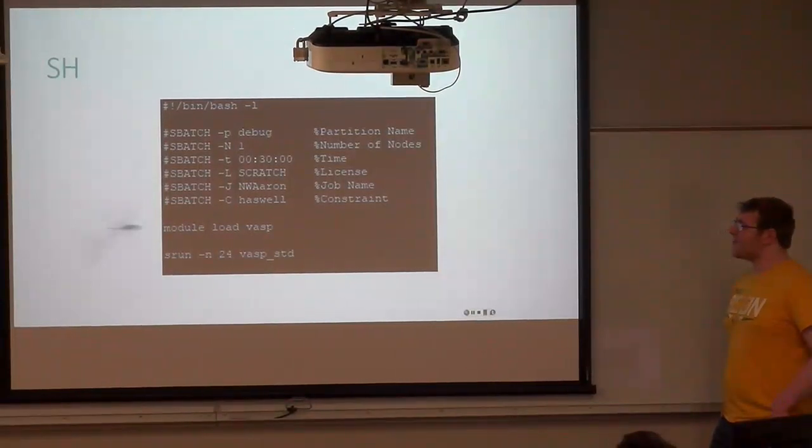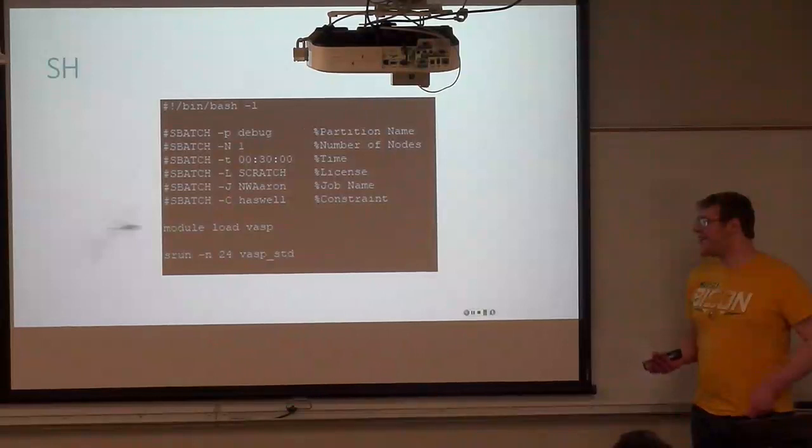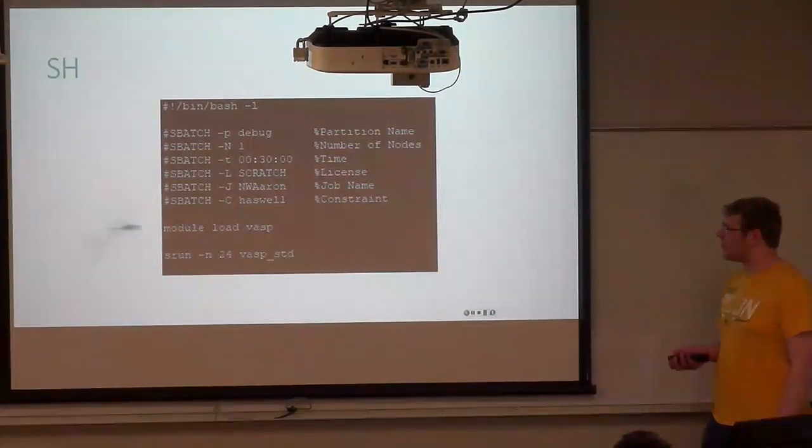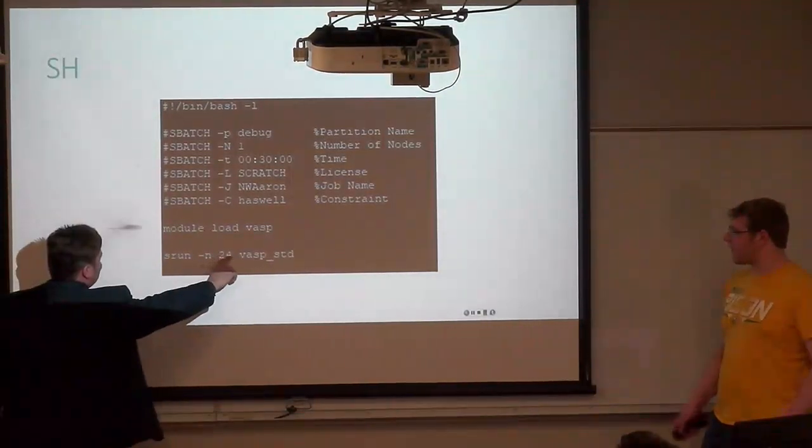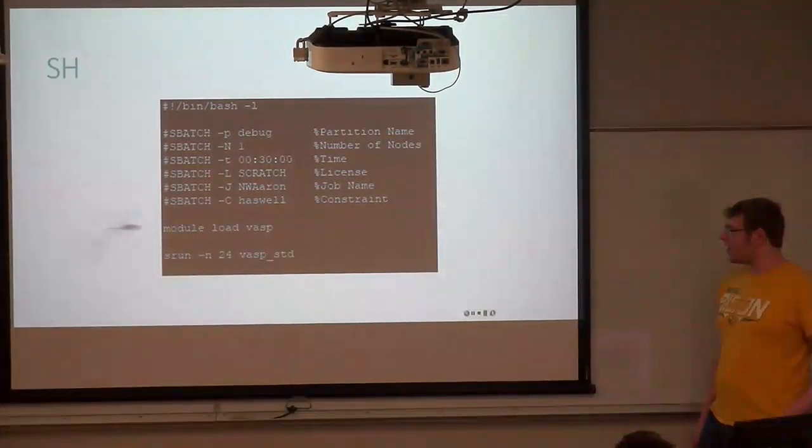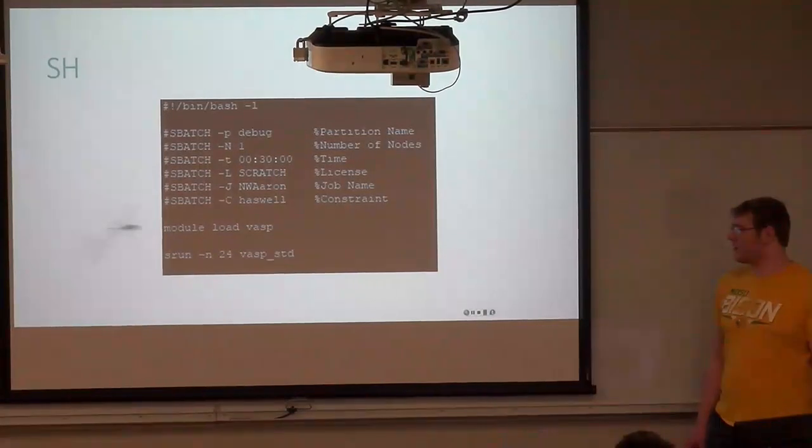Based off the way that you asked that, I'm guessing that I would need to change something else as well. What does the number after minus n in the srun stand for? I think that's the number of CPUs. Okay, so if you use 2 nodes instead of 1, you would need to double the number of CPUs. Exactly.